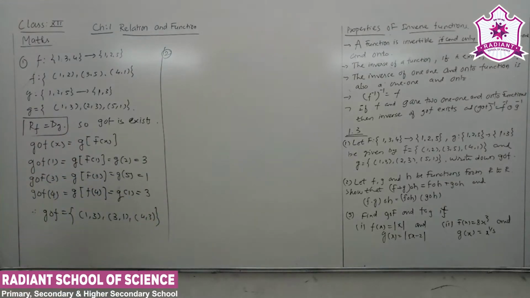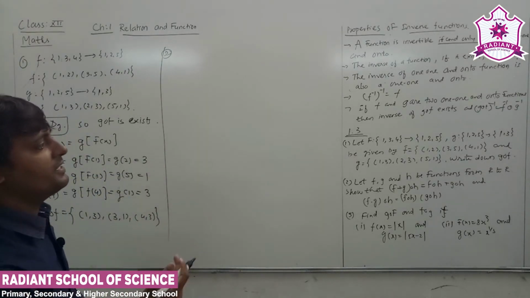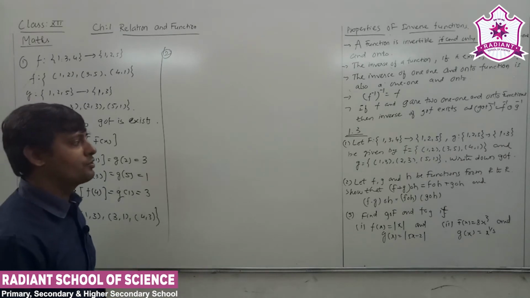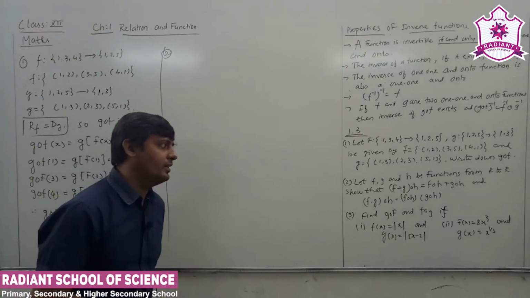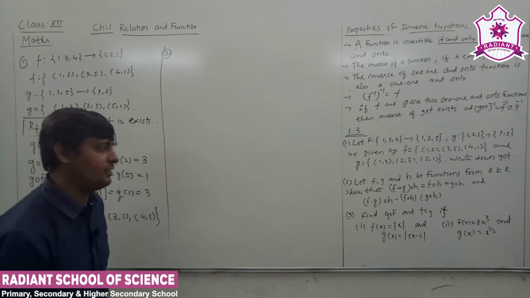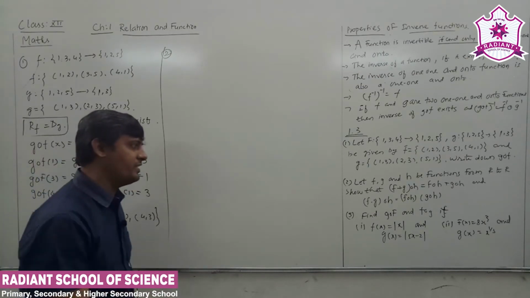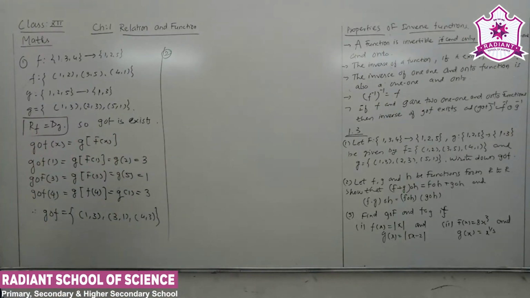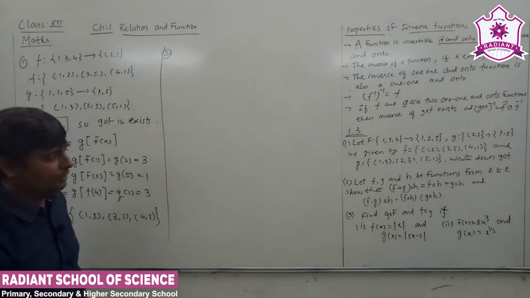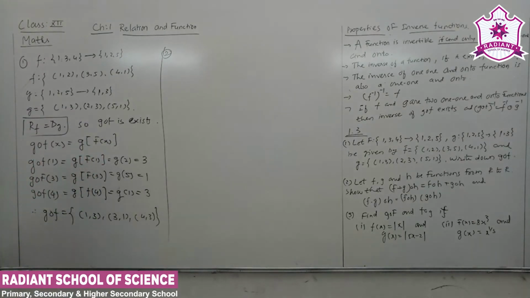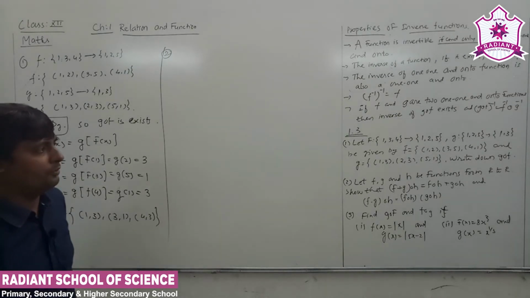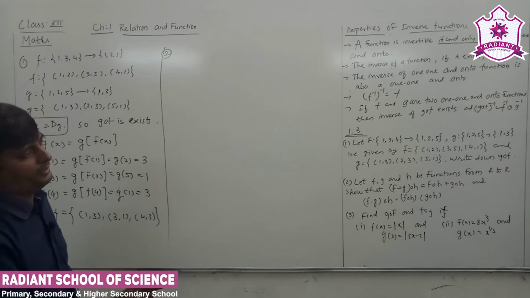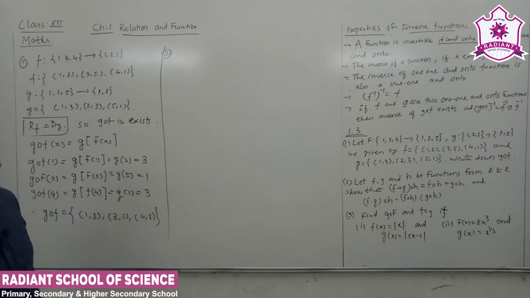Let f, g and h be the function from R to R, so that f plus g of h is equal to f of h plus g of h, and also the f into g of h is equal to f of h into g of h। सबसे पहले तो कोई बात नहीं, यहाँ पे आपको बता दिया कि f, g and h are the function from R to R, domain and range co-domain, okay, वो क्या है, रियल नंबर सेट है, okay, तो प्रॉब्लम है ही नहीं, so that, चलो, so let's start, first of that